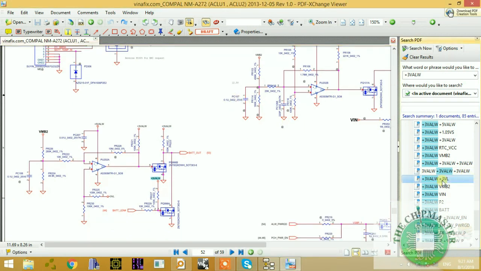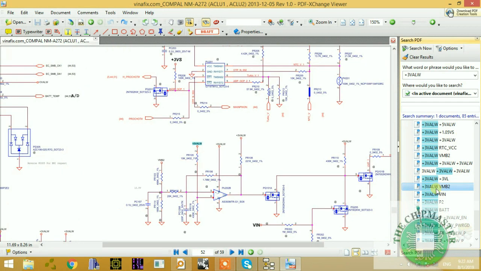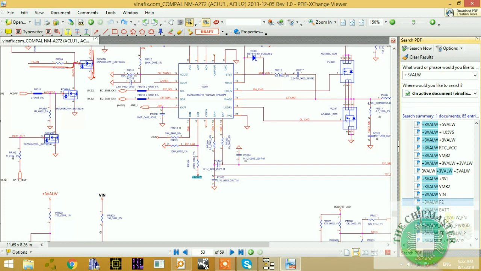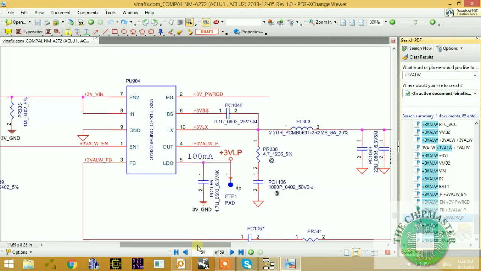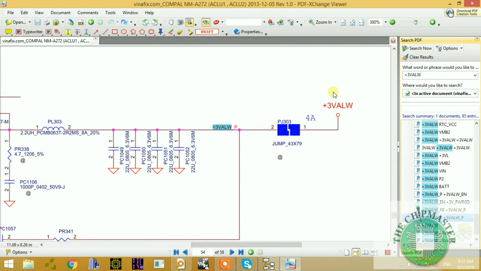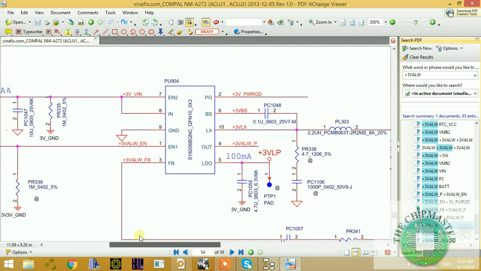Alright. This is the charger page. And let's see. And here it is. So this is the plus 3 volt always. As you can see, this is the birthplace of this voltage. Right, this is it. This voltage is generated from this